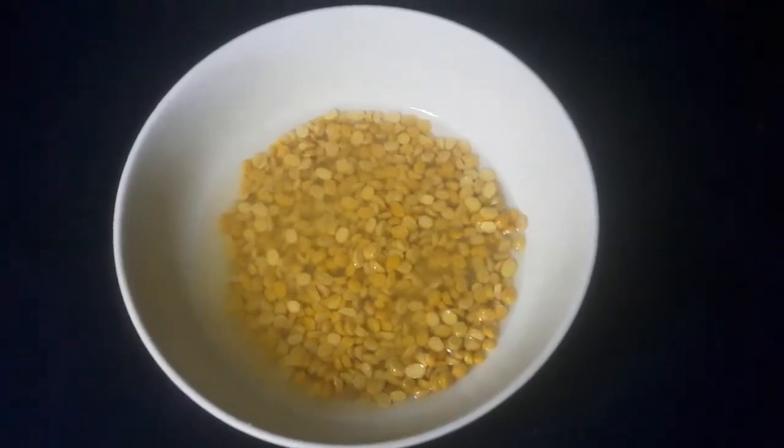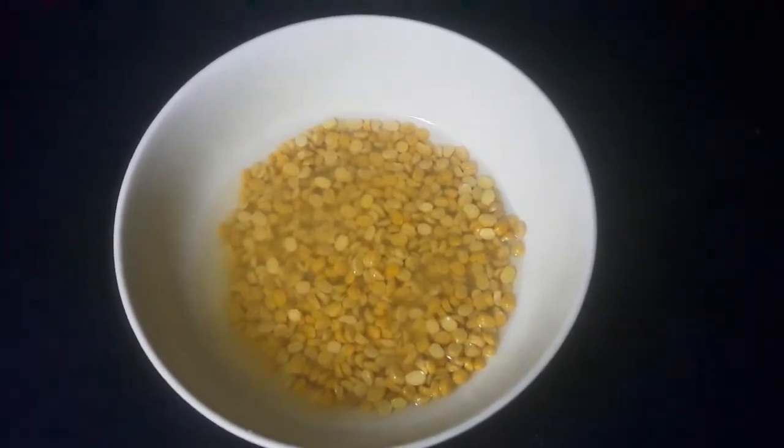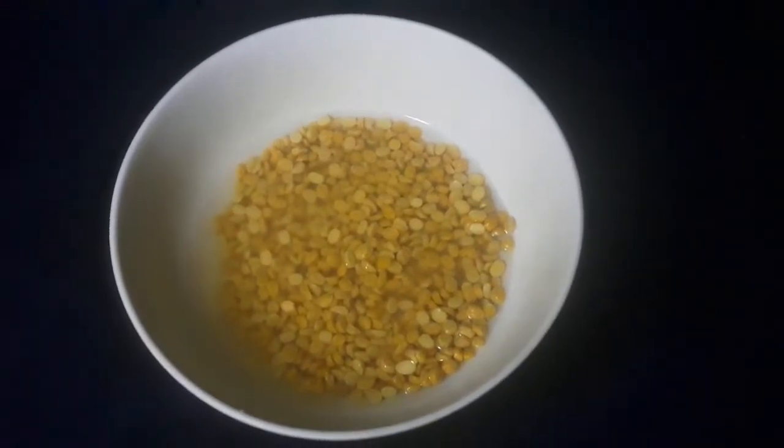Today we're going to make beef split chickpea stew. The ingredients are